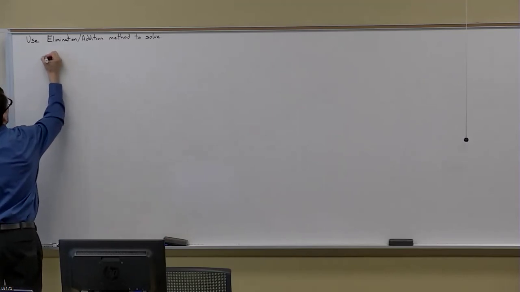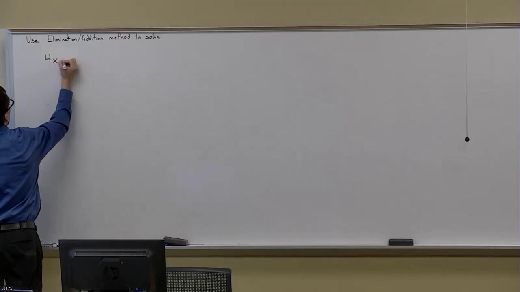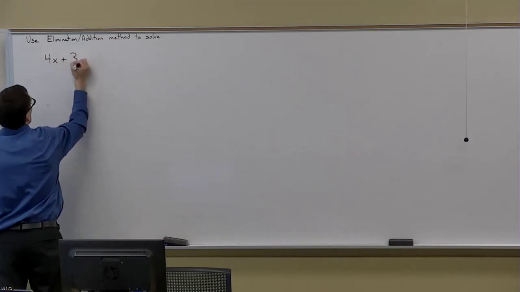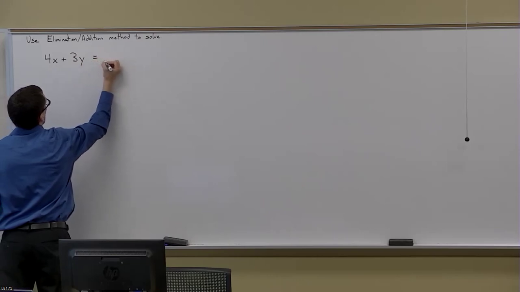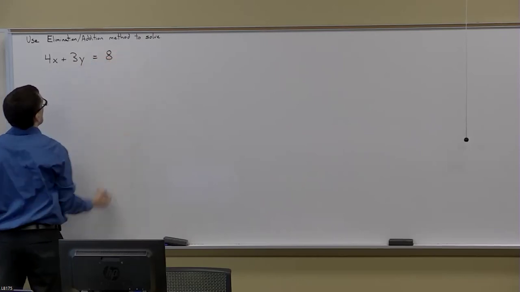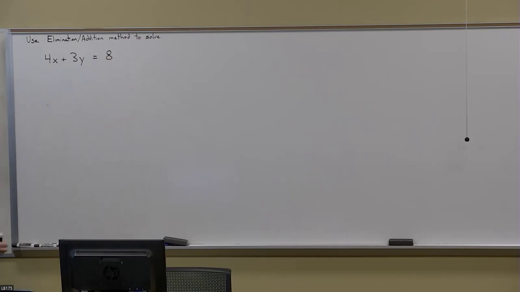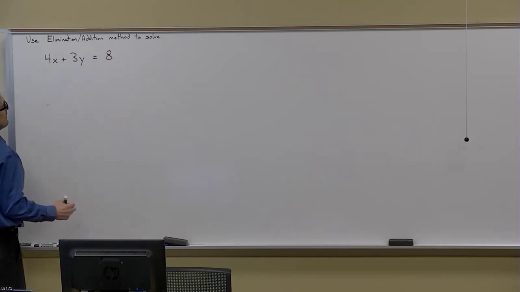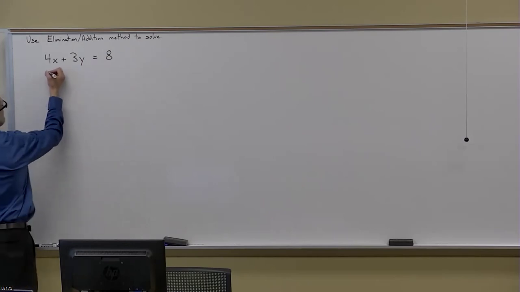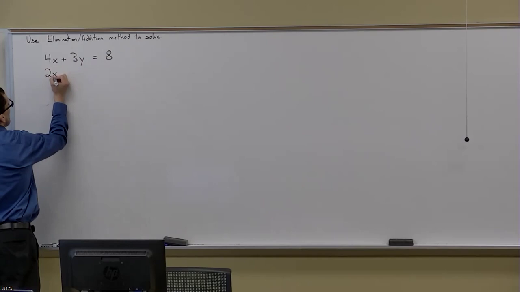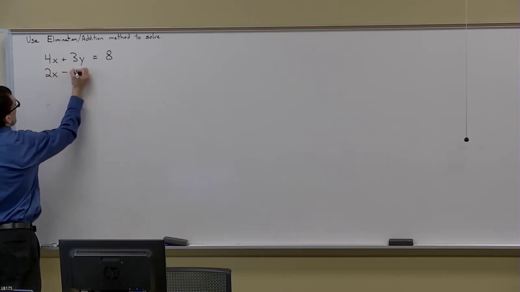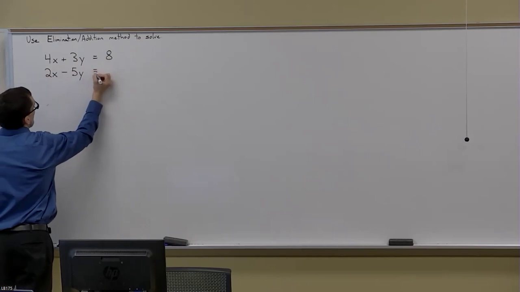Let's say I have 4x plus 3y equals 8, and then 2x minus 5y equals